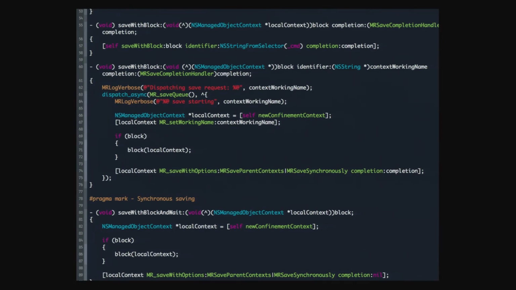It's not that hard to do. It's just that now all of this is done in a single place, so if you use the MagicalRecord APIs, it's nice because I can make changes, I can optimize things, and apply a lot of the things I've learned about Core Data in an easy-to-reuse package.